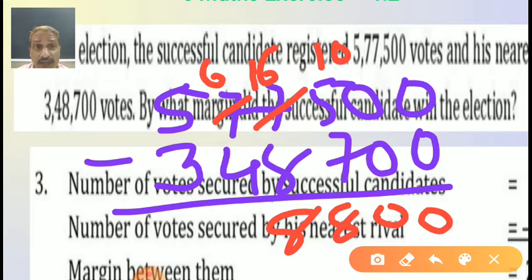Oh, very fast. 6 minus 4 is 2. Sure. Okay, I will write 2. Oh, what about 5 minus 3? Yes, 2. So here is the answer. Do you know what the comma is? In the previous exercise we did these things. Put the comma. It is very easy to read the number. 2,28,800. Otherwise it is very difficult to read a big number. Huh, student? Put the comma. Okay, let's check whether our answer is right or wrong.